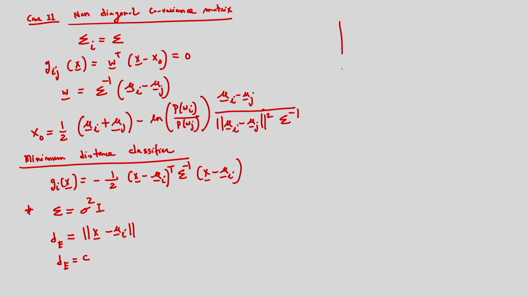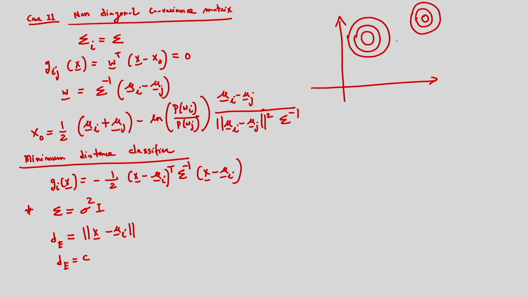So corresponding to this, I can draw this. These are my contours, that means contours of equal Euclidean distance. So two classes I can consider. The contours of equal Euclidean distance, and you can see this vector is the weight vector. Suppose this is class 1 and this is class 2, and I can draw the decision boundary. So this is the decision boundary between these two classes.